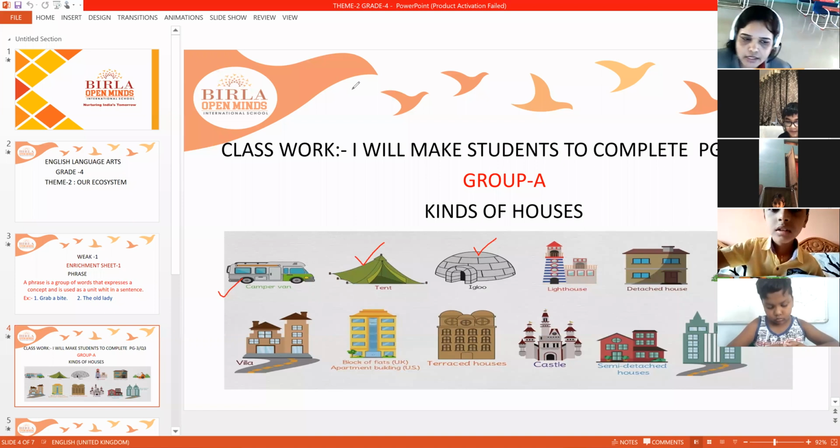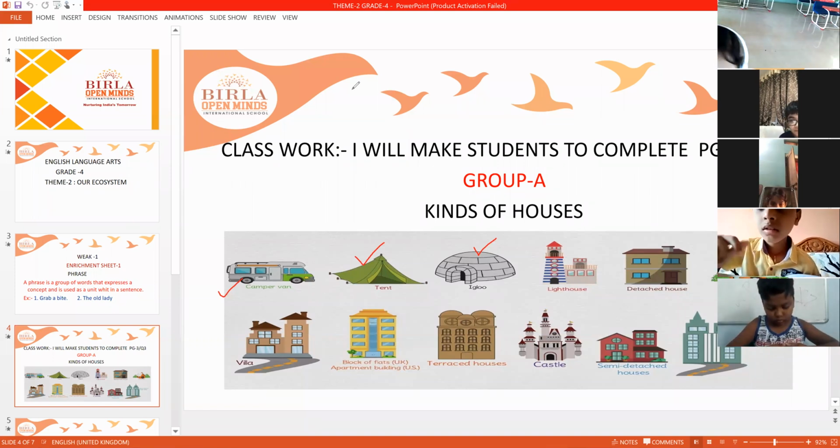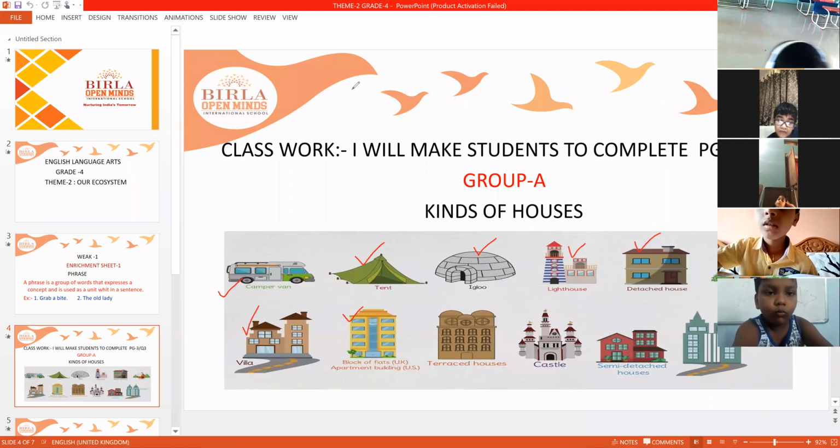Yes, these are made of ice bricks. Next we have lighthouse and then detached house. Okay, and then this is a villa and then a block of flats. You can call even apartment building. Okay, apartment, and then you have terraced house.